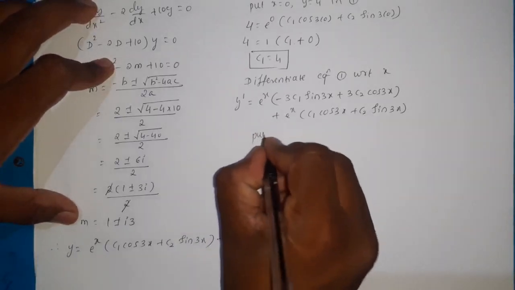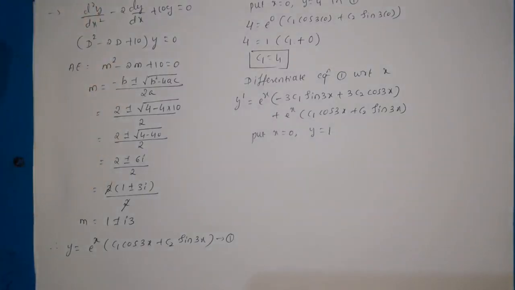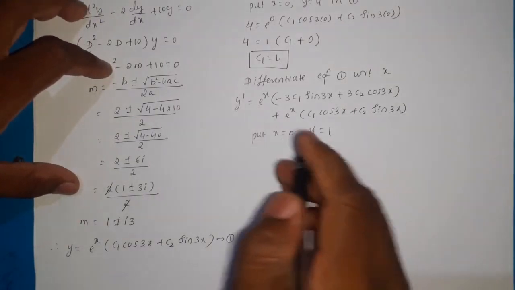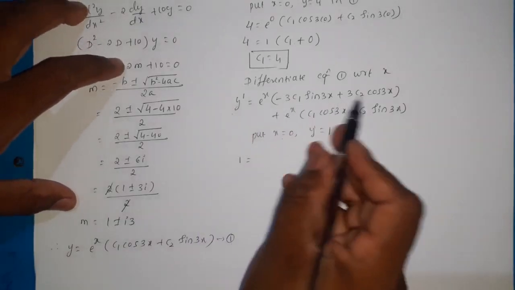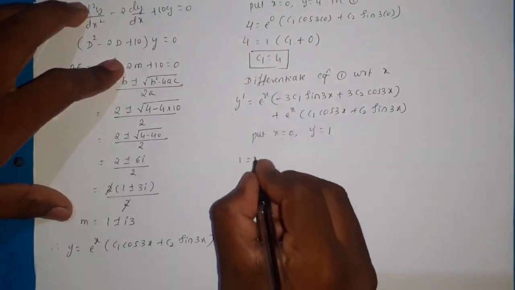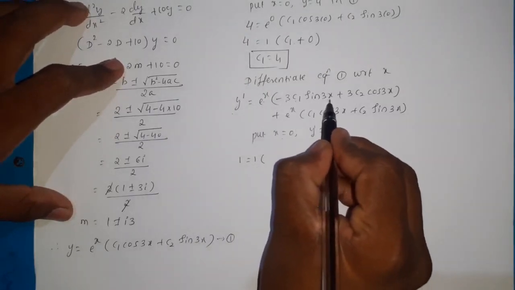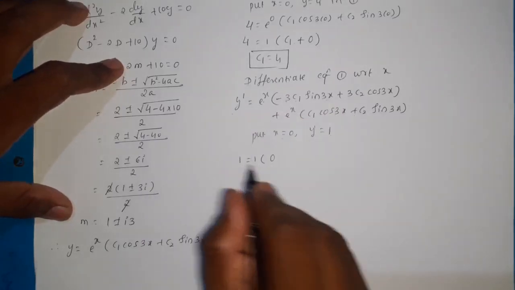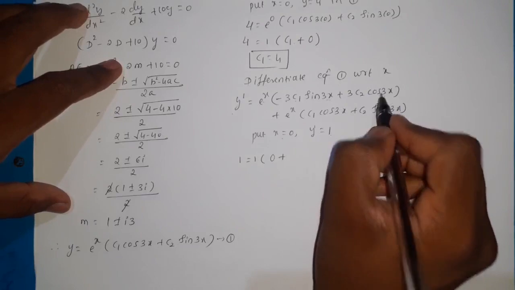Now put x equal to 0 and y is equal to 1, means the value of y dash. So here y dash equal to 1 and x equal to 0. So therefore that LHS is y dash, then that is equal to 1, then substitute x equal to 0. Now here substitute x equal to 0, that becomes e power 0, means its value is 1, right. Then minus 3c1 sin 3x, here x equal to 0, then it becomes sin 0, sin 0 is 0, then 0 into c1 is 0, plus, and here cos 0 is 1, then 1 into 3c2 is